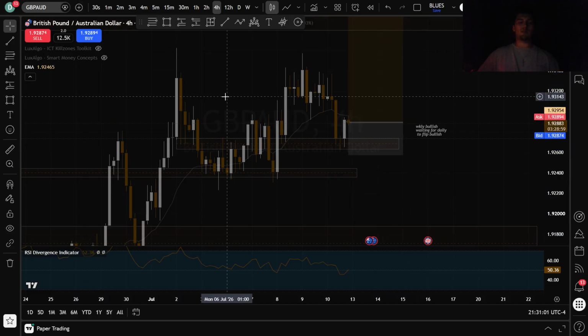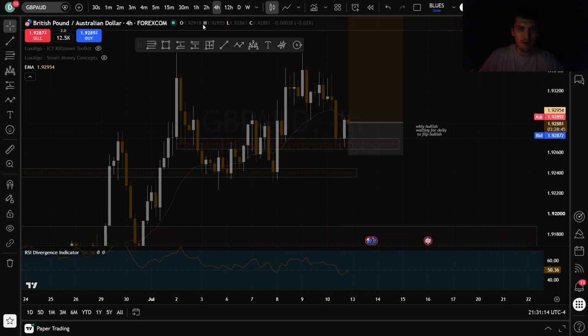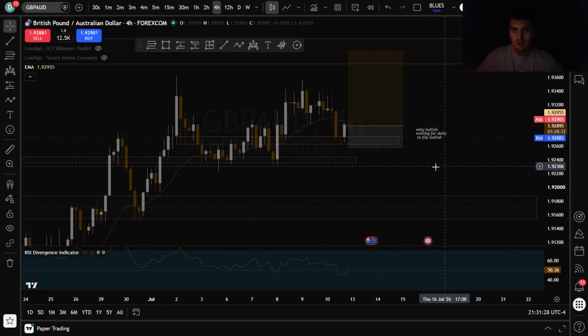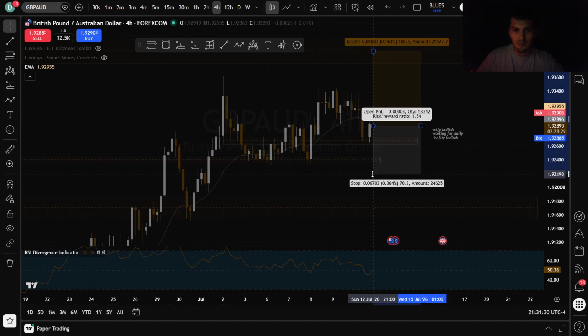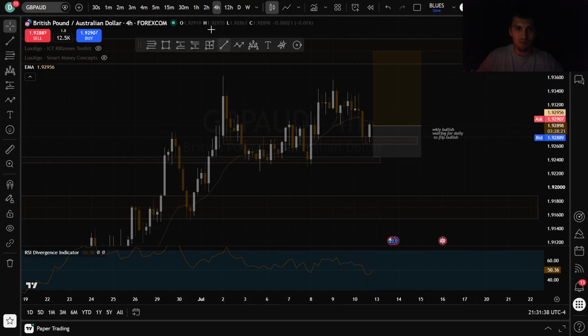And yet this is another AUD pair, so we do have news coming in tomorrow. I could see us very quickly just coming down lower to get to this zone, especially with this big candle. So if you look right here, you have the open, high, low, close. If you look at this candlestick right here, and then you look at this number right here, that tells you the value of that candle, which is 37.5 points, which is a pretty big candle. I would really want to put my stop loss lower, or to rather wait for the daily to flip bullish to have a great